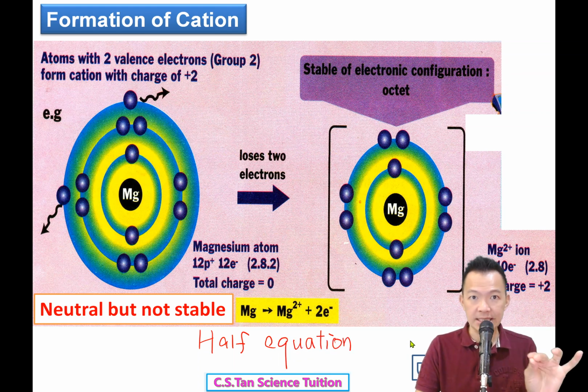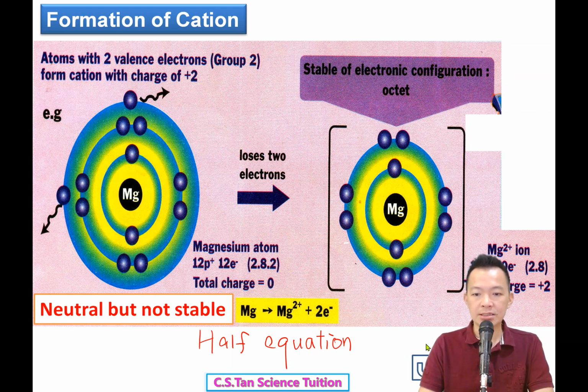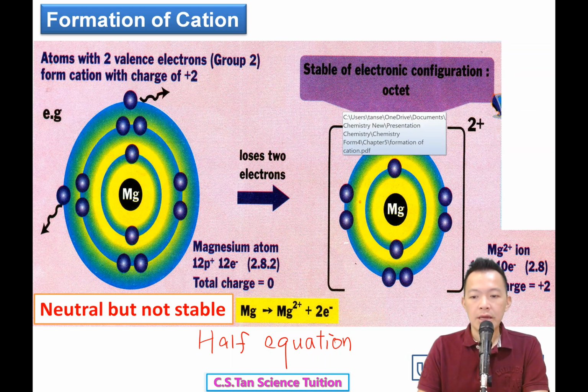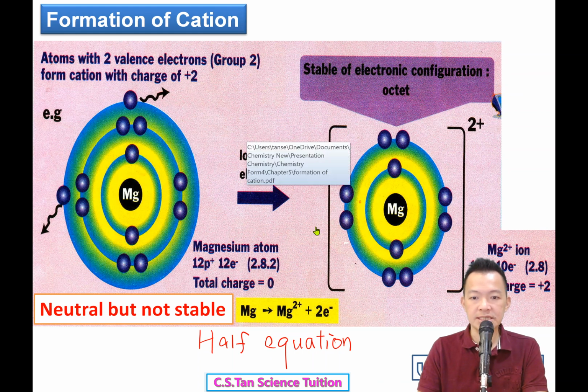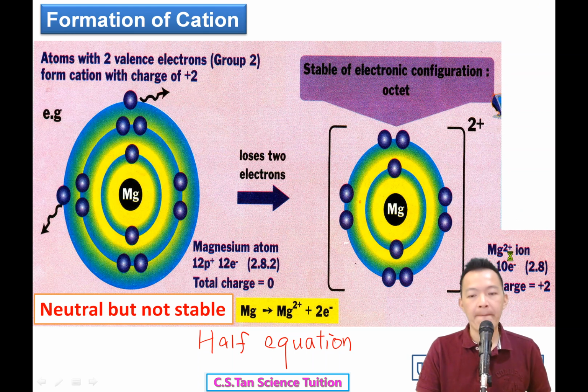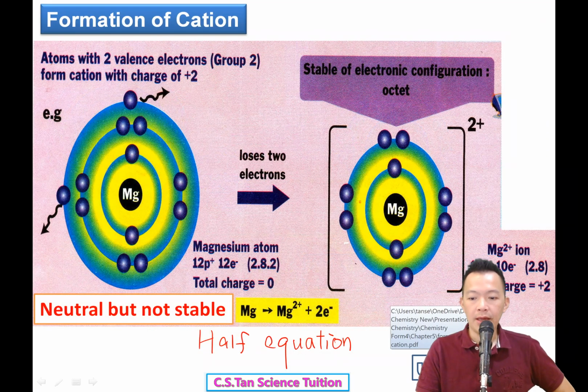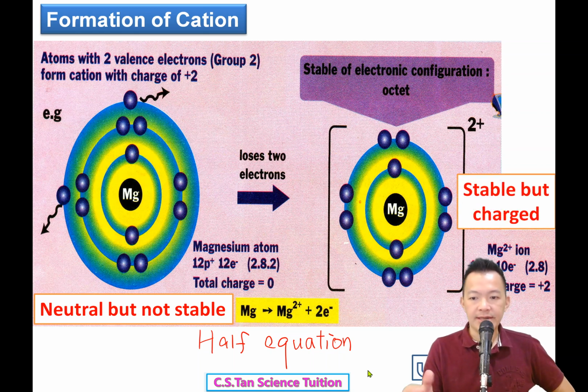Magnesium now becomes charged, but at the same time, when it becomes charged, it becomes stable. 它就变成了 stable and attains the octet electron arrangement. 它就拿到了它要的 electron arrangement，就是 octet 了。So magnesium becomes charged, becomes ion, but at the same time, magnesium becomes stable. 它 stable 了，它高兴了，不过它却带电了，它的电是2加的。